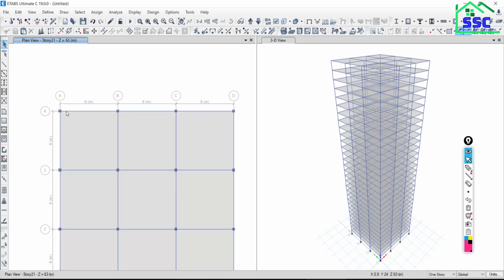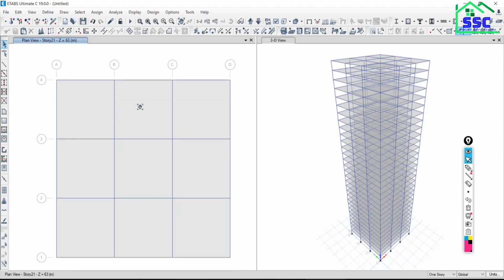See, in plan view you will be able to see the grids and their labels and dimensions and all. Will you be able to see the labels of the levels in plan view? No, sir. If you take the elevation, then you will be able to see the labels of the different floors.